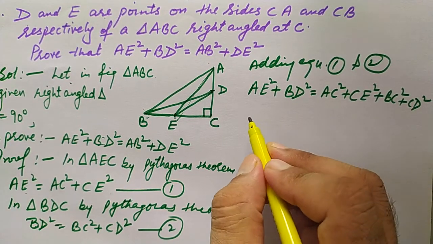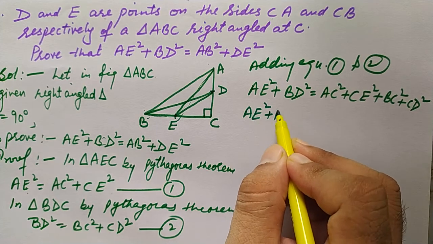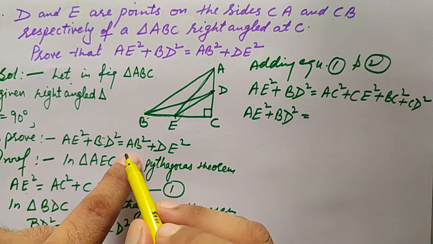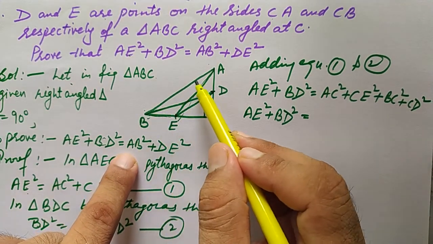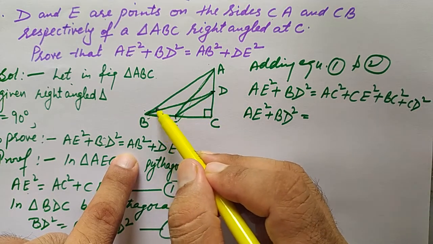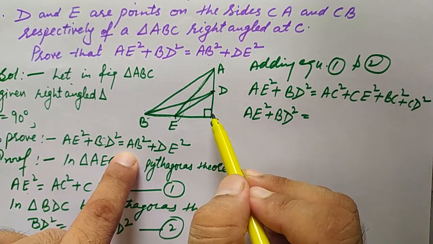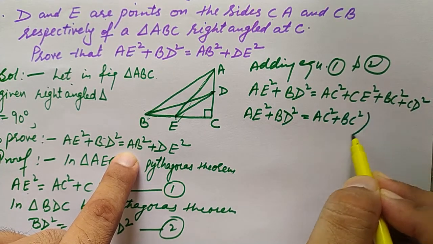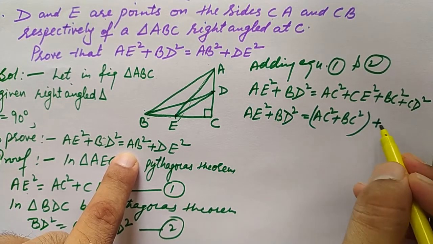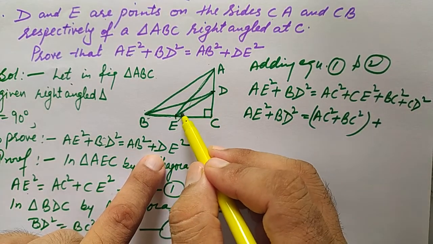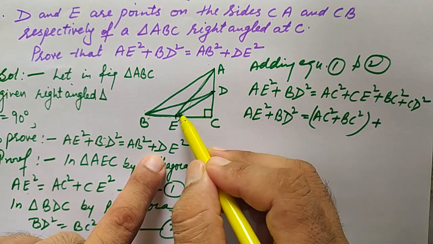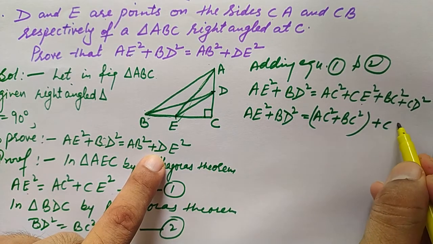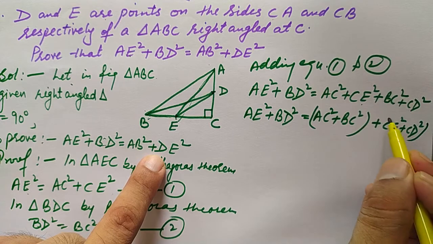Now the left hand side is already with us. We are to bring now the right hand side. So let's see how it will happen. See here AB square. What will be AB square by Pythagoras theorem? AB square will be BC square plus AC square. So we are to combine AC square and BC square, rearrange them and write them together with the plus. Now see what DE square is, from here you can apply Pythagoras theorem in your mind. DE square is CE square plus CD square. So CE and CD will be written together here.